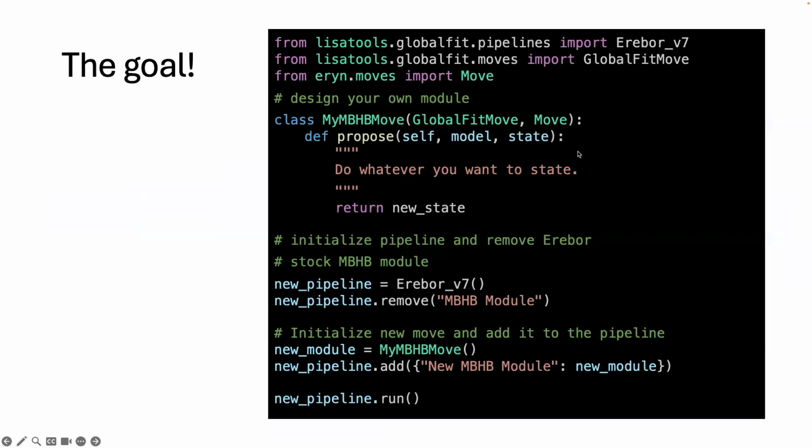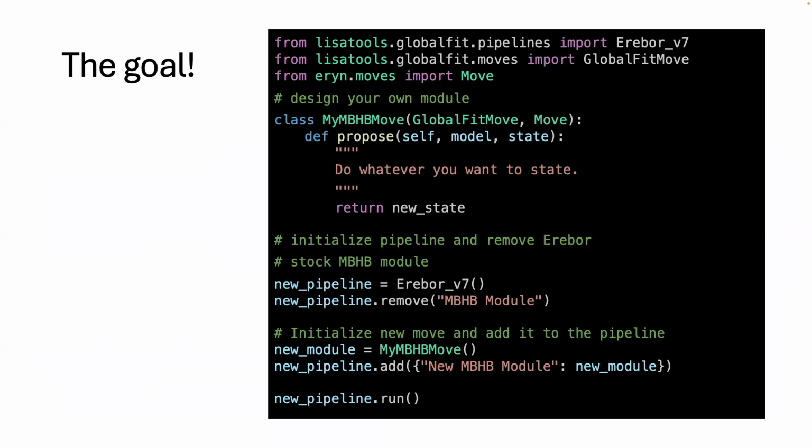And just to bring this all together and end here, because I know I'm right on the dot of the hour, this is my vision for where this is going. This is not real code, but once again, my vision for this. You are a person at a university, maybe you're a postdoc, student, professor, and your group wants to work on a new way of analyzing the massive black holes in the global fit. Maybe you found this effect and you want to include it in a waveform or something like that. But